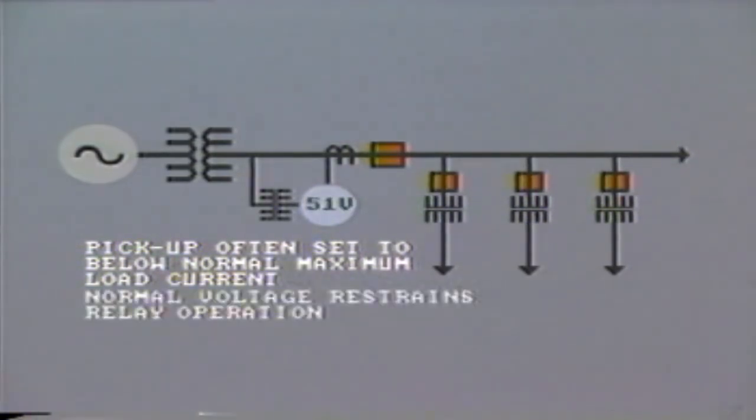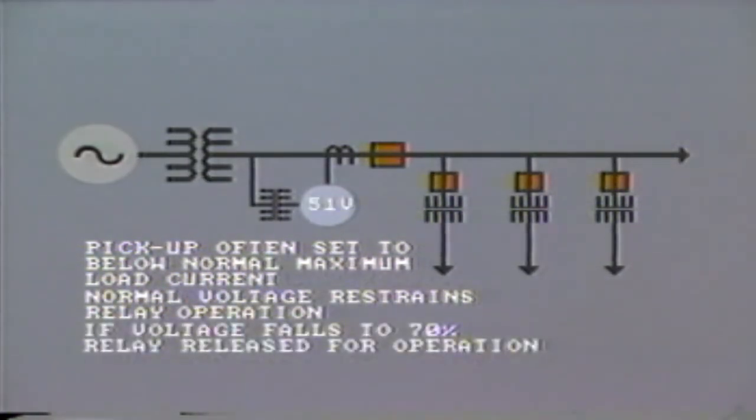As long as voltage is normal, the relay will be restrained from operation. However, if the voltage falls to a predetermined level, say 70%, the restraint is lifted and the overcurrent element is released for operation. Please switch off the tape and review this material in your